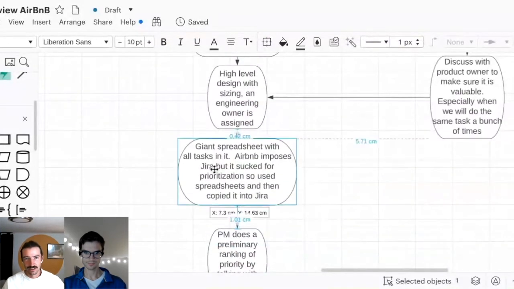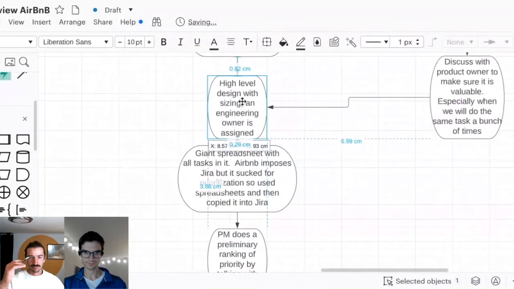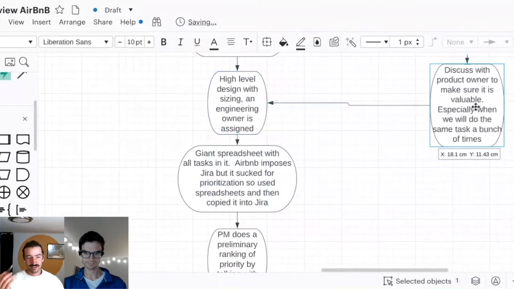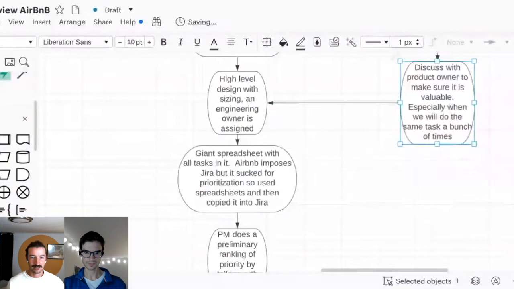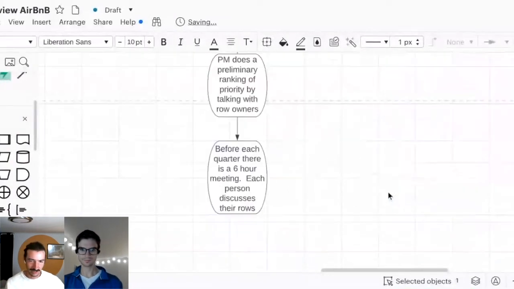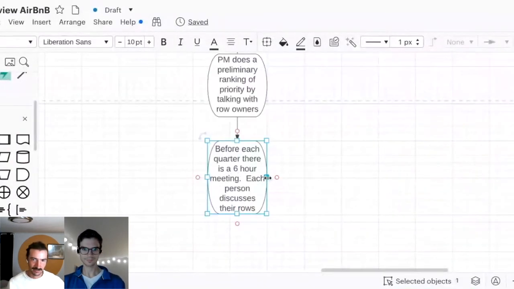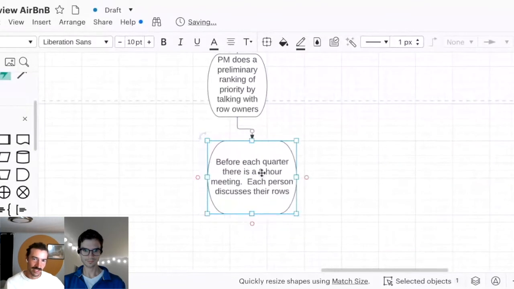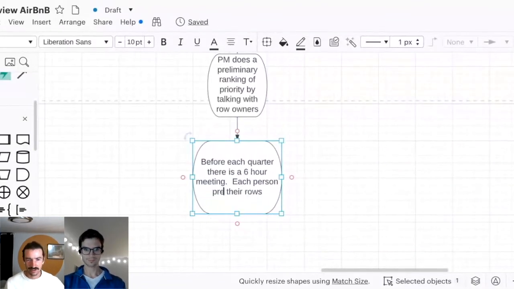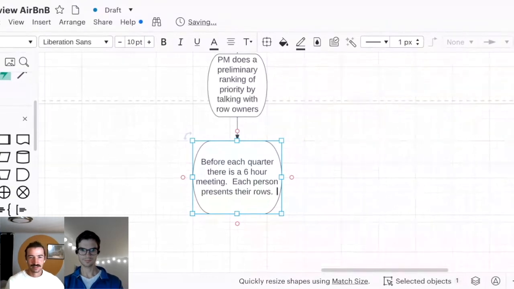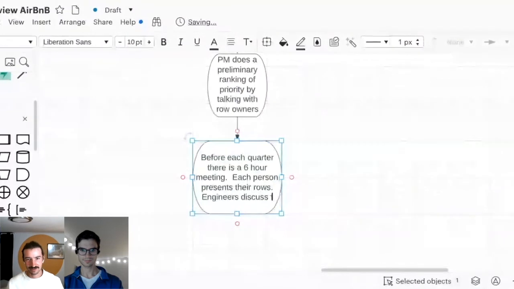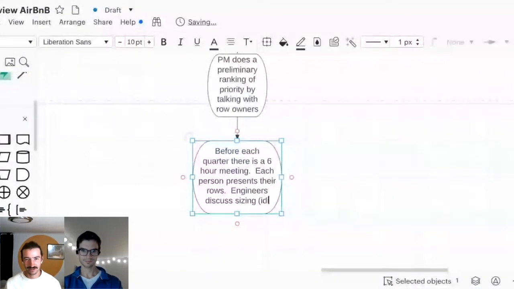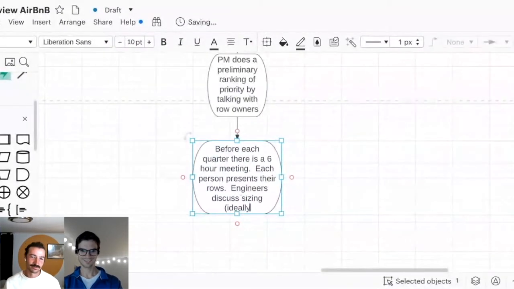And so, yeah, basically you have the spreadsheet and the rows are now ranked by relative priority. Then you get into this massive call, and owners present their projects very briefly. Engineers discuss the resourcing, like, oh, I think you really underestimated that project because there's this complexity that you didn't think about. Ideally, that's happened during the design review before, but obviously not everyone reads everything because there's just so much.